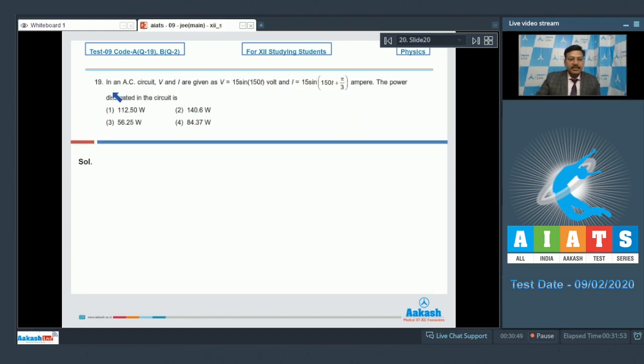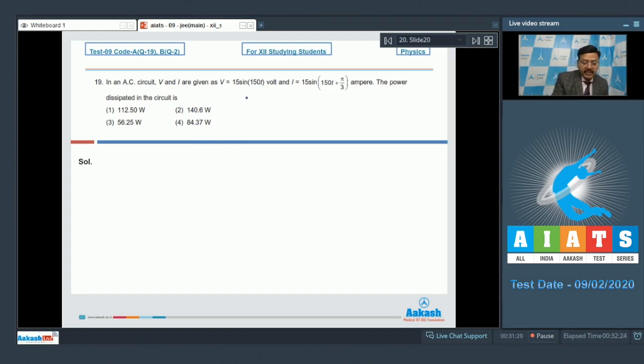Question 19 says, in an AC circuit, V and I are given as V equal to 15 sine 150 t volt and I is equal to 15 sine (150 t plus pi by 3) ampere. The power dissipated in the circuit is. So it's a straightforward question based on AC circuits, and the power consumed in an AC circuit we know is